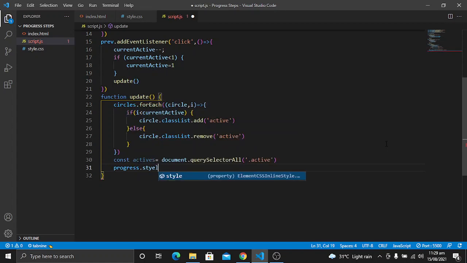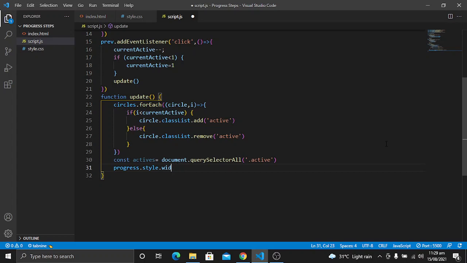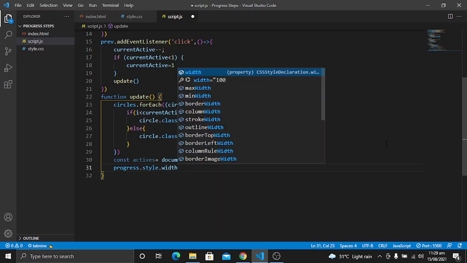I will give it some property, progress dot style dot width.